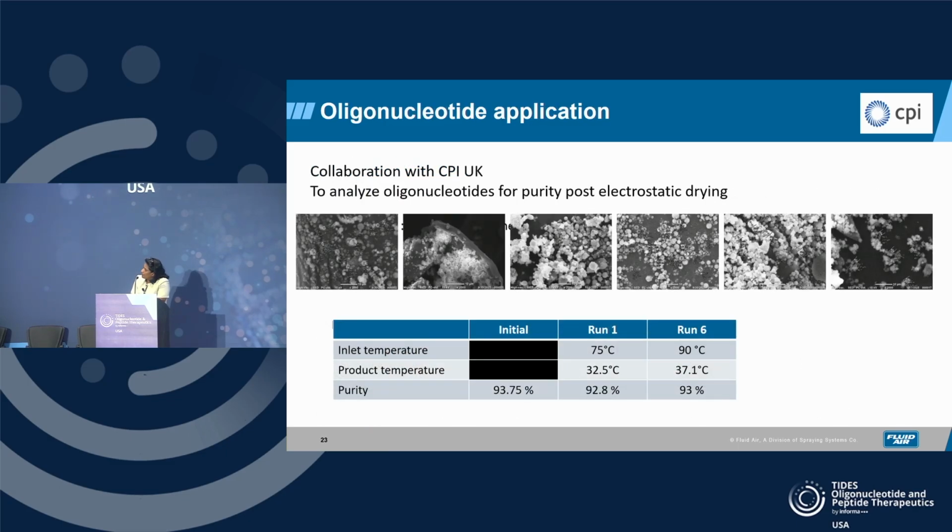This slide here shows the particles that were generated, and the purity was maintained from the original material that was dried at an inlet drying temperature of 75 and 90. The product temperature, or the outlet temperature, was maintained at 32 and 37 C. The purity was maintained. It was not changed at all, showing that the drying process did not affect the activity